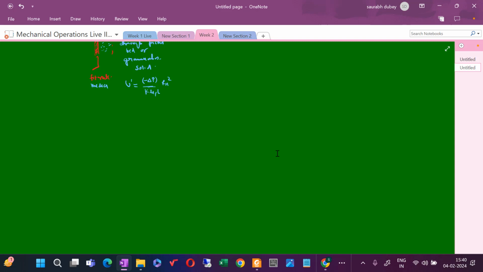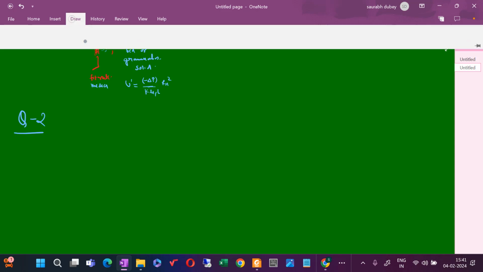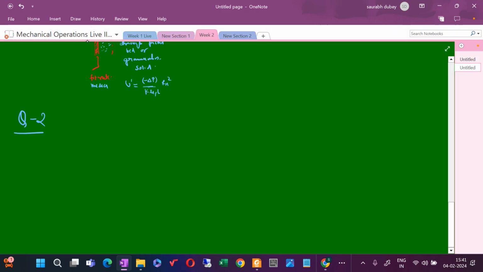This will be involving the concept of leaf filters also, the concept of compressibility. So question number 2 says, I will be writing it down so that